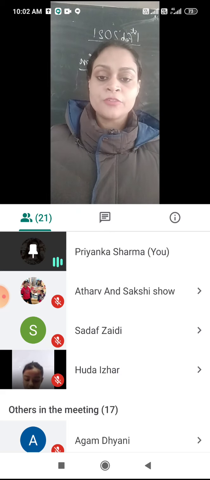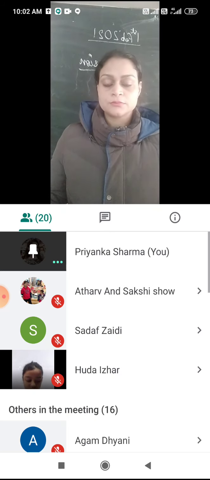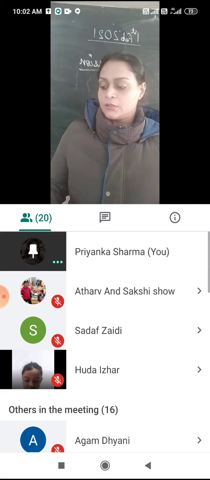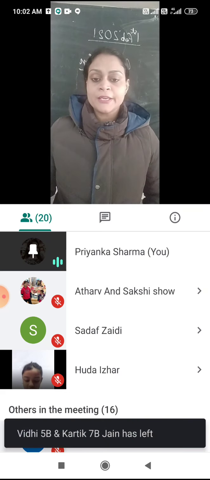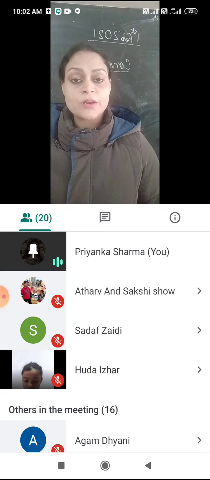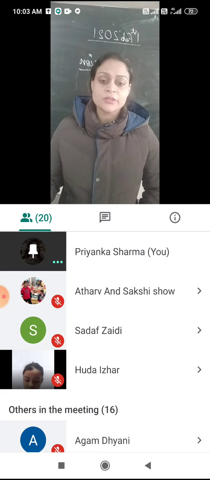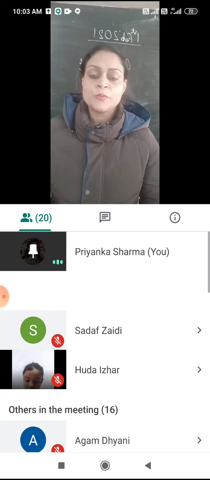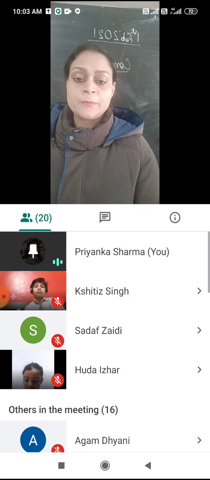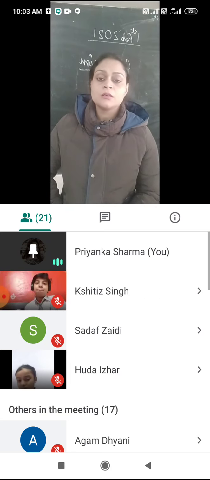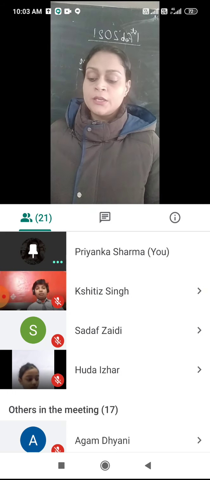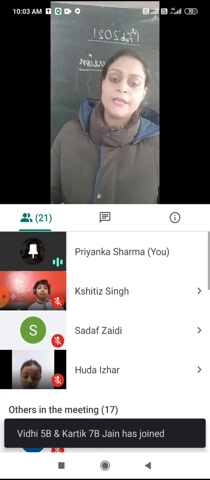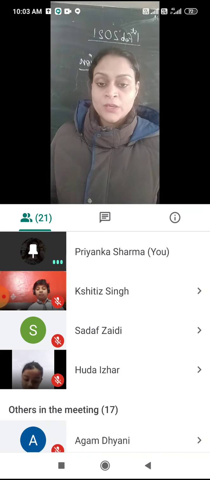Page number 205. Can you see two columns? To convert degree into Fahrenheit on the left side and to convert Fahrenheit into degree Celsius on the right hand side. Remember we did these sums beforehand. Now what is the procedure to convert a Celsius into Fahrenheit? Means, what is the first step?